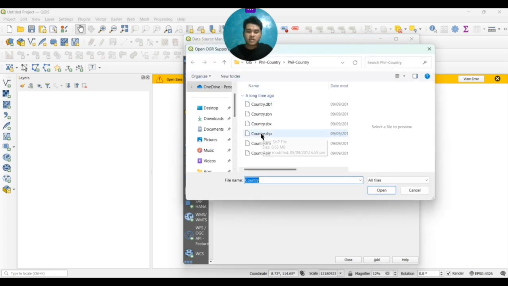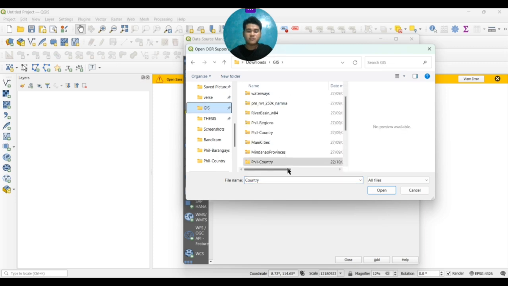In this case, I just prepared a file named GIS here. Look for GIS. Here I have my GIS file, which my instructor gave me earlier. I just saved it and plug and play it.